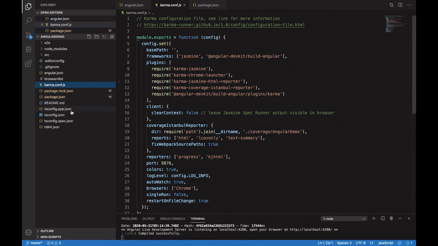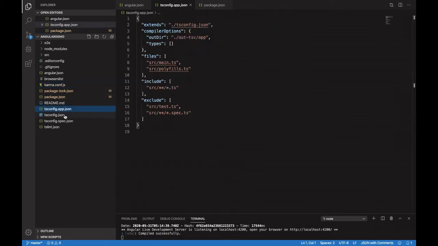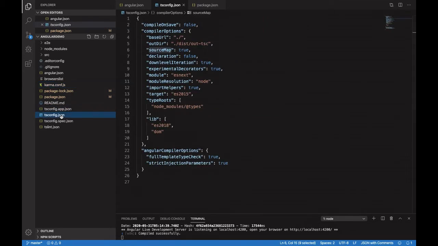Apart from that, we have these tsconfig files. So this tsconfig.app.json, we'll talk about it. First we'll see what is tsconfig.json. It is a TypeScript configuration file. So all the configuration code related with your TypeScript is written into this file. For example, if you see over here in this JSON file, compile on save is made as false.